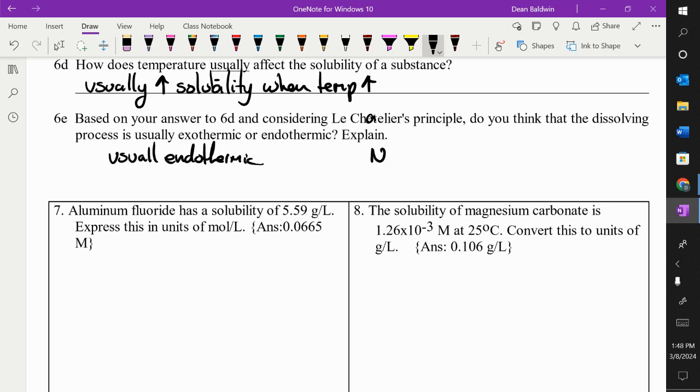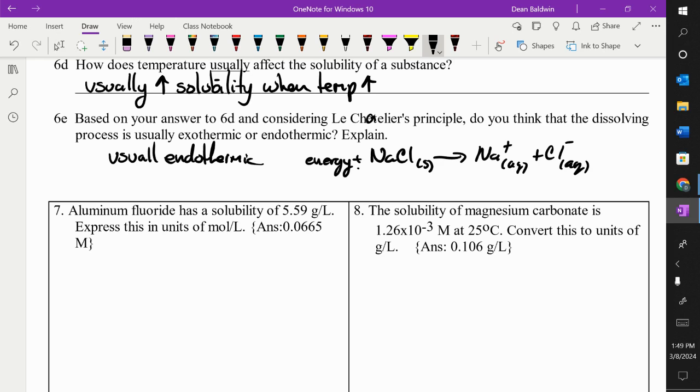And the reason it would be endothermic is because, we'll go back to salt, and you dissolve it in water. If you ever do this in large amounts, if you feel the container, it should actually decrease in temperature a bit. It should actually cool down a bit, because it has to be endothermic. So energy is over here, right? Because if I'm adding energy, we have to push the reaction this way, which means we get more stuff dissolving. We've increased the solubility.